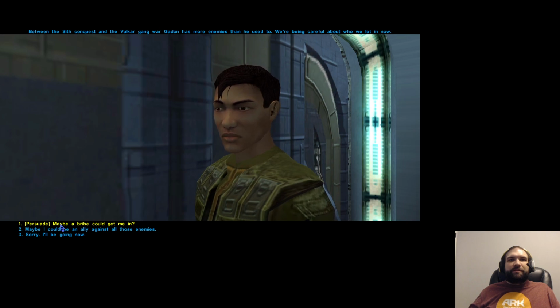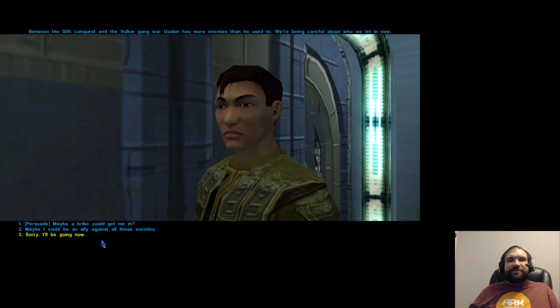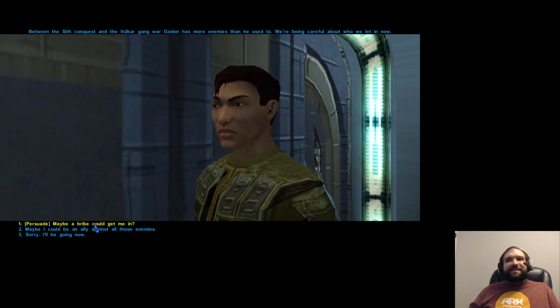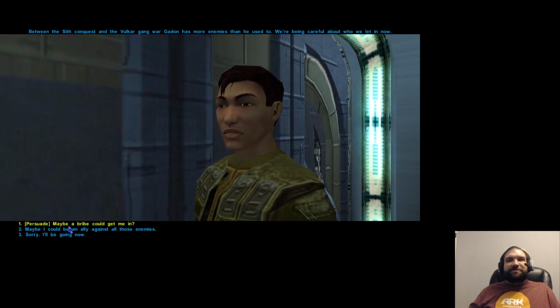Maybe a bribe could get me in. Maybe I could be an ally against all those enemies. So, yeah. Hey, you're suspicious of me and think I'm not supposed to be here. Maybe if I simply pay you off, that'll make you...